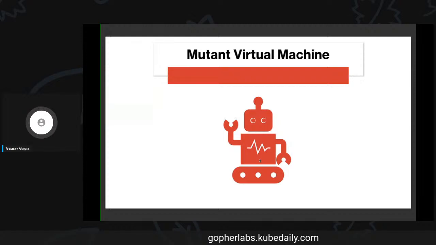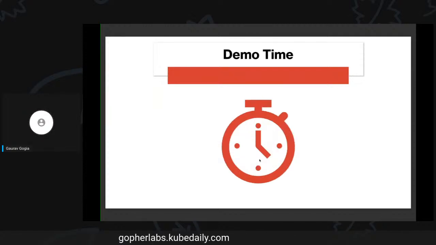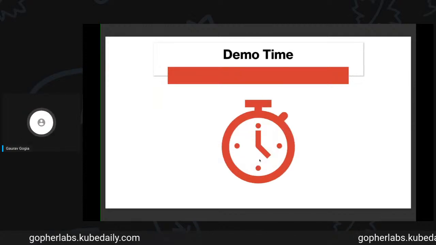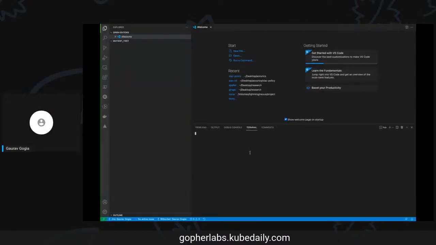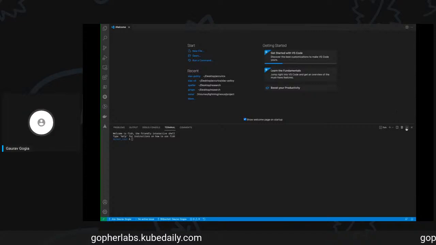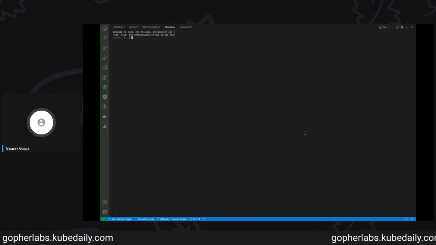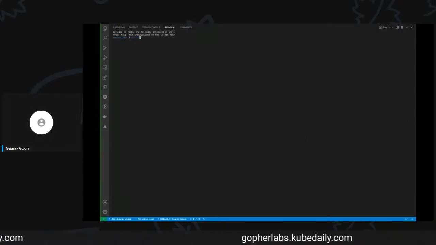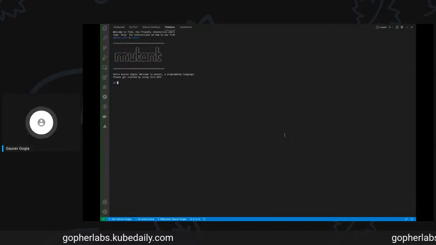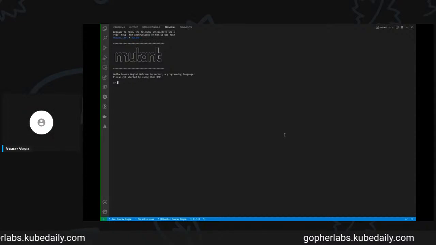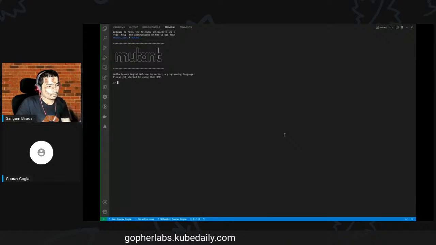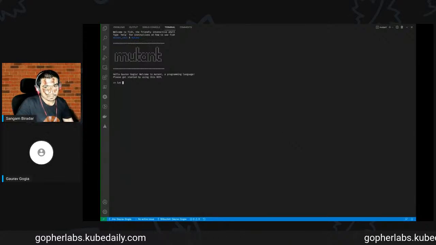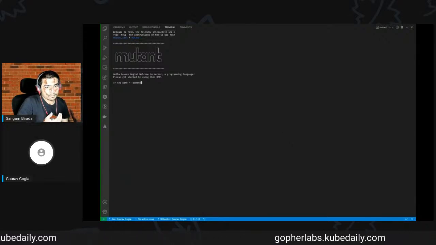So now let's move on to the more exciting part. That's the demo, and I'll write some code. I'll show you how things work. Before I write some code, allow me to show you the REPL, the read eval print loop, and it looks something like this. Right. So first, it will greet you: hello Gaurav, welcome to Mutant programming language, and we can get started here. So we can define a variable here. Let name equals to something.